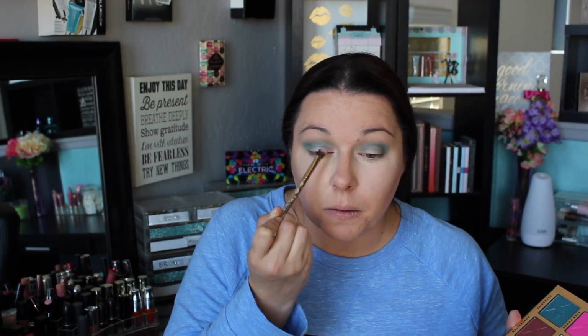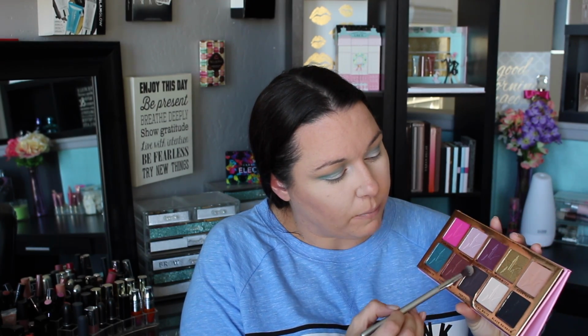It's very icy. Okay, and then just to literally darken this up a little bit in the outer V area, just to have it tie together a little bit better, I'm going to go in with this Vanity color, which is like a matte black, but almost like a granite. Not like a true black. This one is black with glitter though. And I think this will just be a nice little